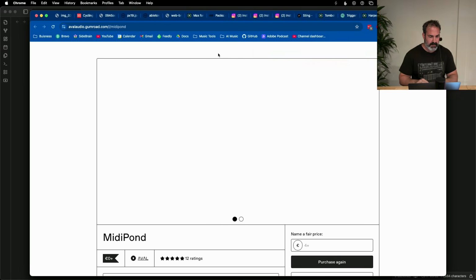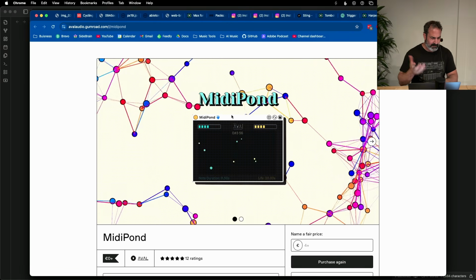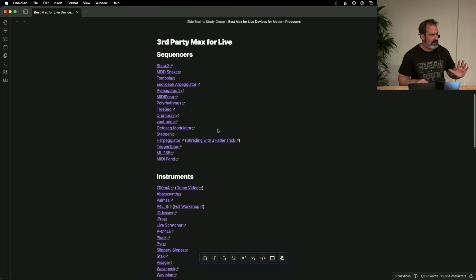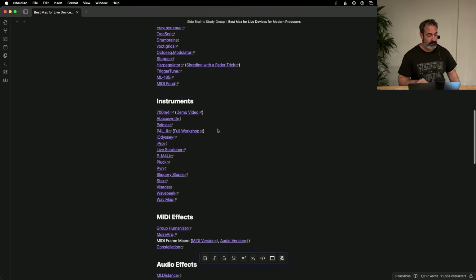What's the MIDI pawn? The MIDI pawn was cool. Also, you know, those type of things. So endless type of sequencers, check it out yourself. Instruments. If you guys don't want to spend money on plugins, the Ableton, you want to explore some other stuff,